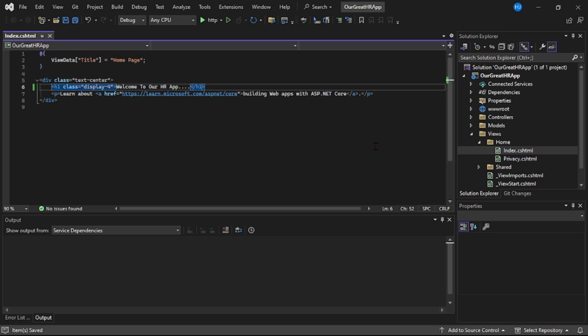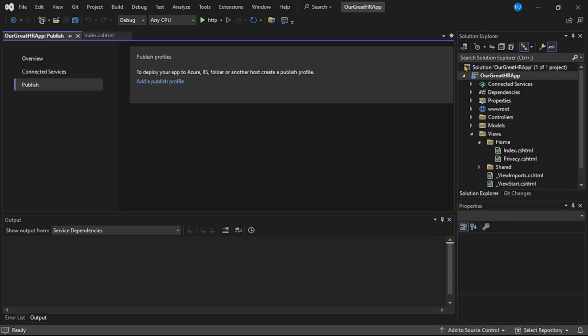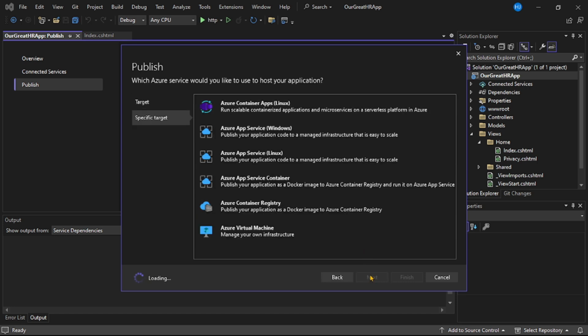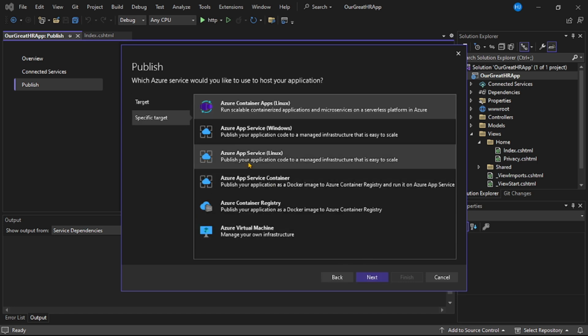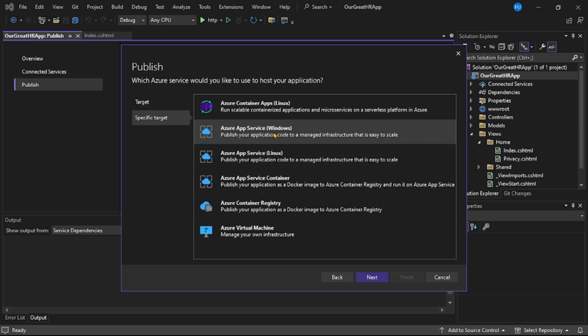And now guys, we want to deploy this project in Azure App Service. Okay, so right click on this project, that is our great HR app, and here let's say publish. Now we want to publish it in Azure, so let's select it. Next, we want to publish it in Azure App Service operating system Windows, so let's select it. Next,